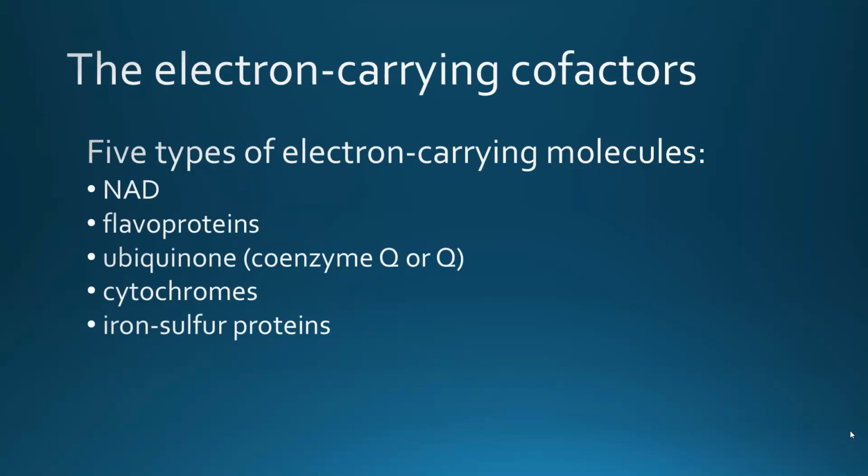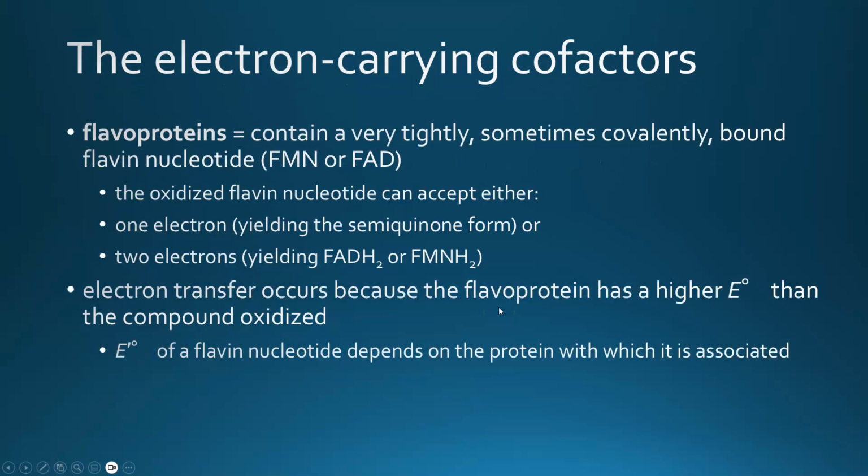In the electron transport chain, you're doing a series of redox reactions, and each one of those reactions needs to be energetically favored, have a negative delta G or a positive delta E. That is a more positive reduction potential. And in order to make that happen, you have many different electron carriers along the pathway, and those electron carriers make use of many different coenzymes or cofactors. Many of these come from vitamin sources, so we'll see where those are used in the various steps.